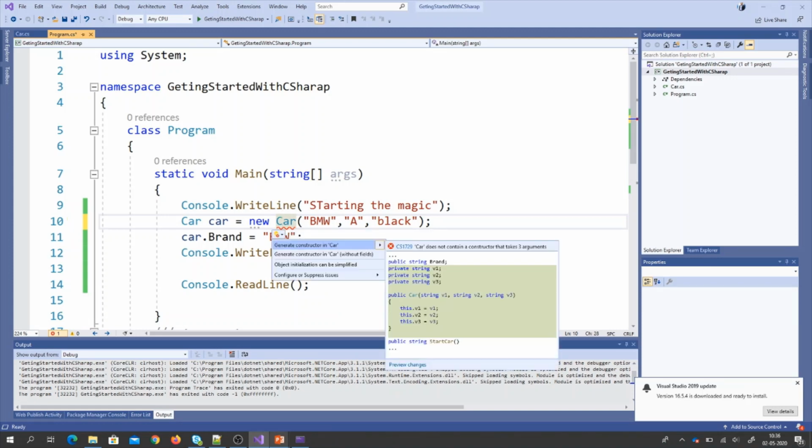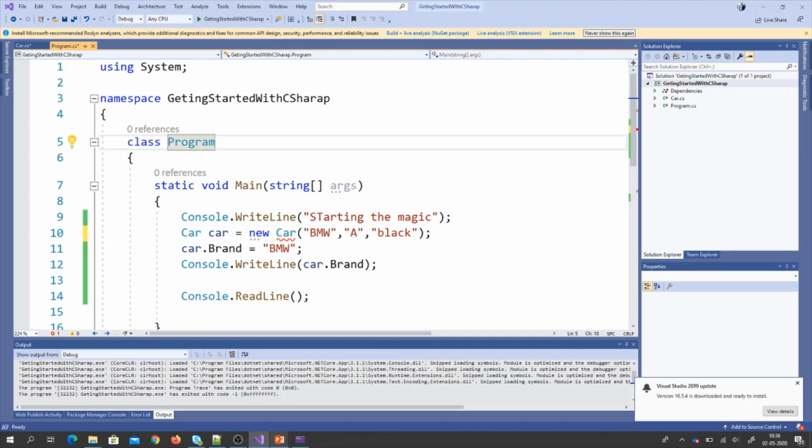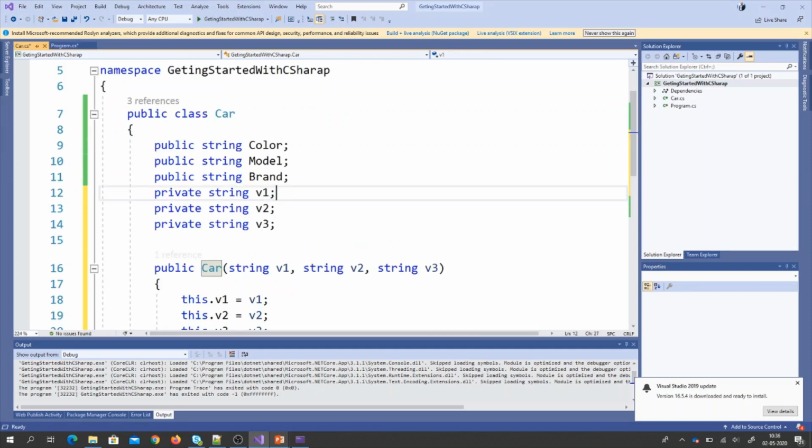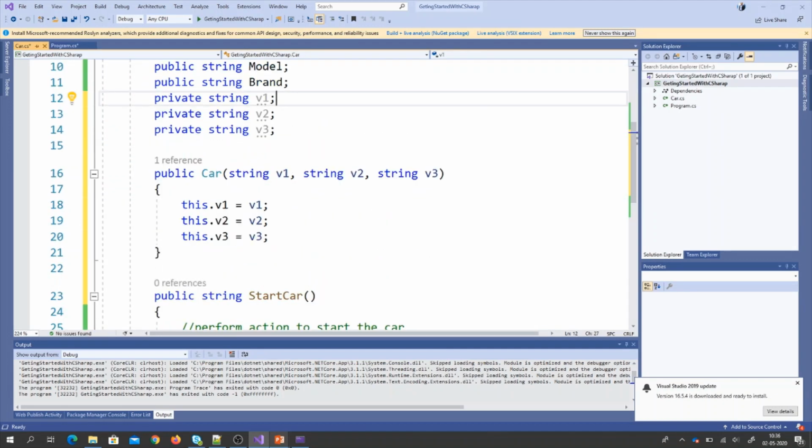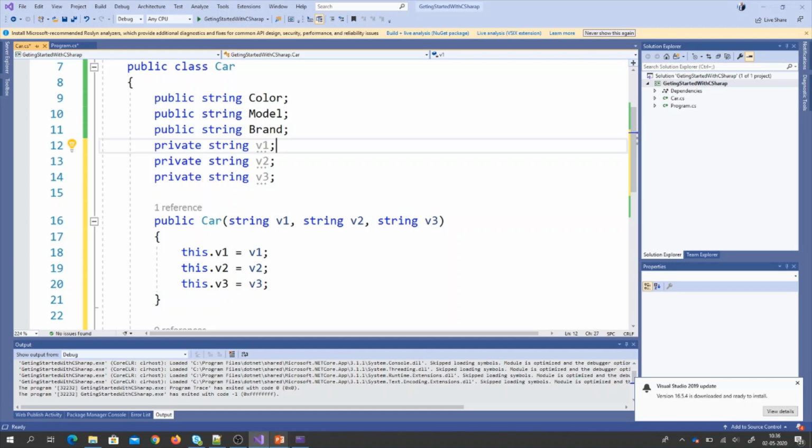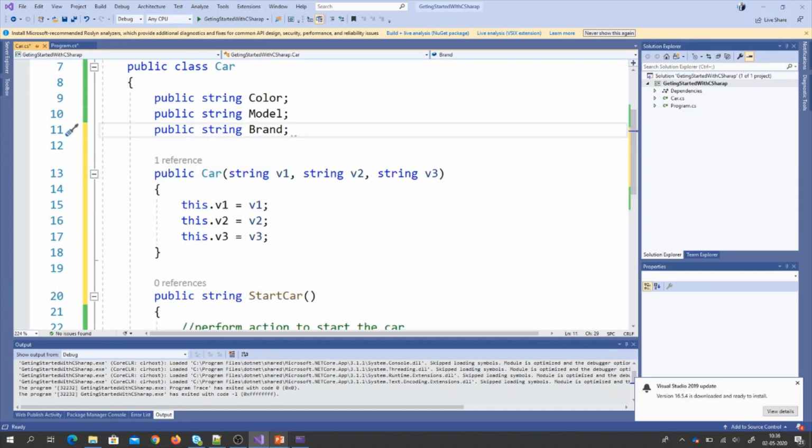But I need to initialize this method actually. So you can initialize it, generate a constructor in car directly from here. So it will generate a constructor here. I have constructor now, right? But that's not what I wanted, because it just created 3 values. I don't want that, so I want it like